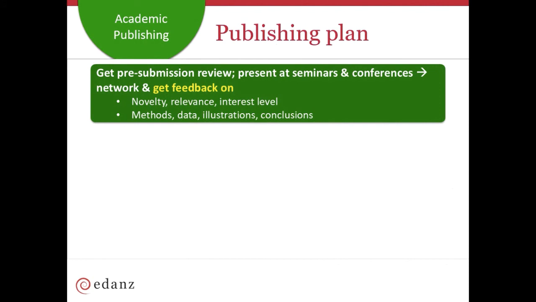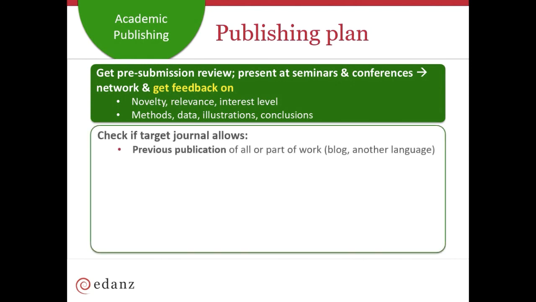When you prepare your research article, it's a good idea to get it reviewed early on by a colleague or another researcher. Present at seminars and conferences to get feedback to improve the study and reporting quality. Ask for feedback on the work's novelty, relevance, and interest level, as well as the quality of your methods, data, illustrations, and conclusions. Check in advance if your target journal allows previous presentation, including blogging, conference papers in conference proceedings,